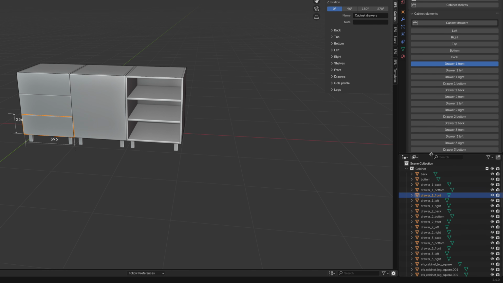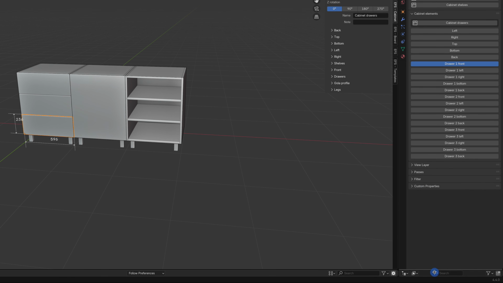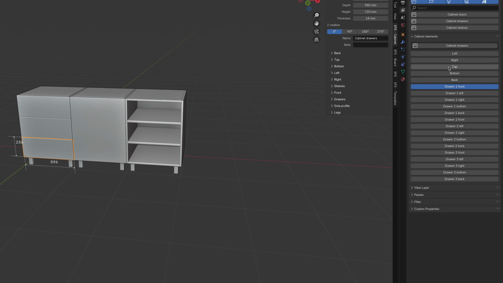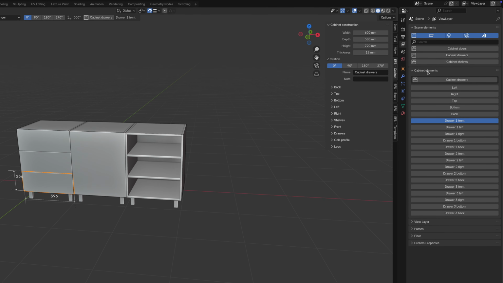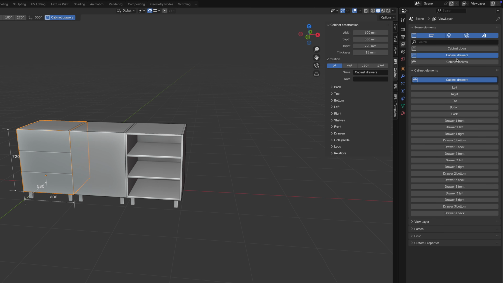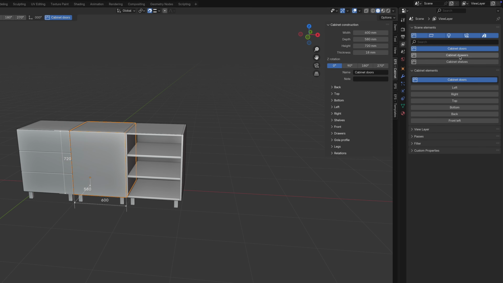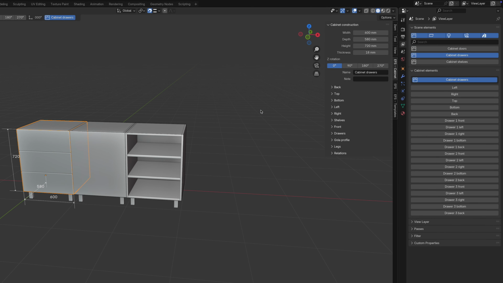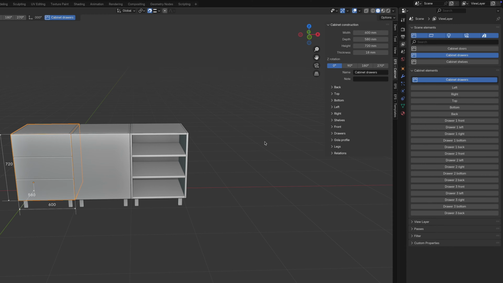For most furniture design tasks, the Scene Elements view will be sufficient and more focused. This view also supports powerful queries. For example, you can filter to show only cabinets containing the word drawer in their name, then remove the filter to see all elements again. These navigation and selection tools give you precise control over complex furniture designs, allowing you to work efficiently even on